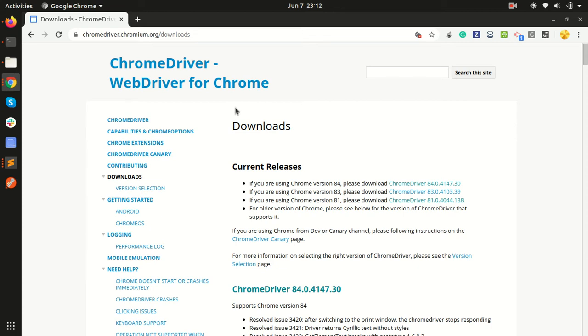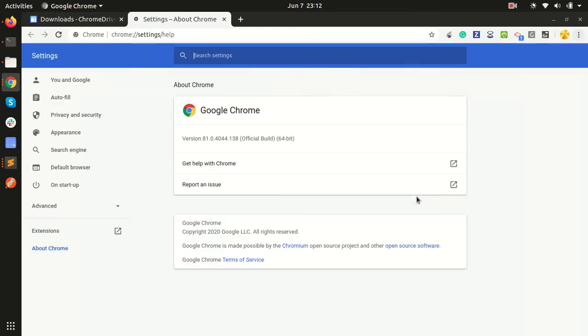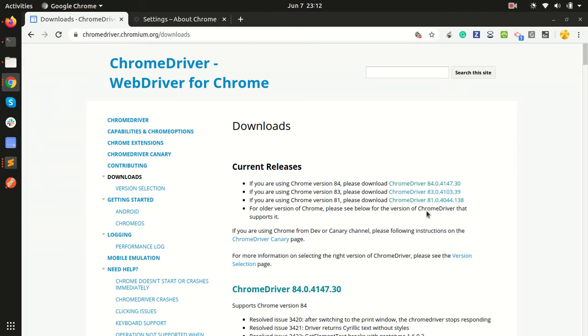First you need to check which version of Chrome you are using. From here you can check the version as well. I am using 1.0.4044, so accordingly I will download this. If you have an older version, you can check the version page. And after downloading